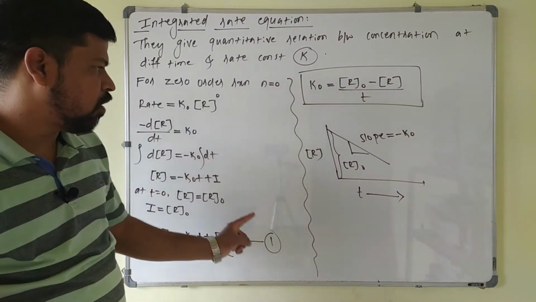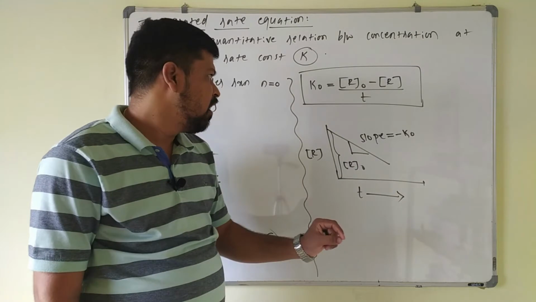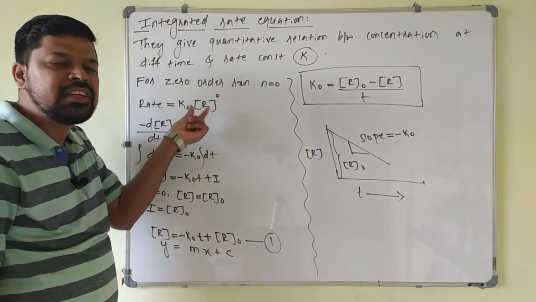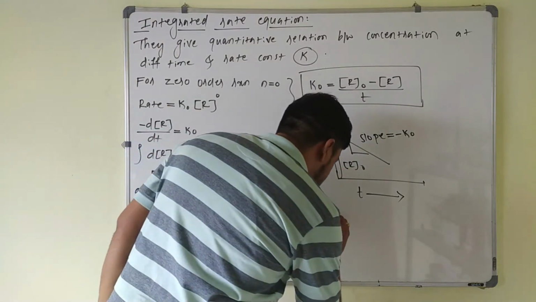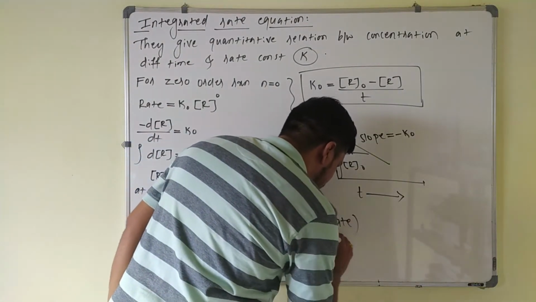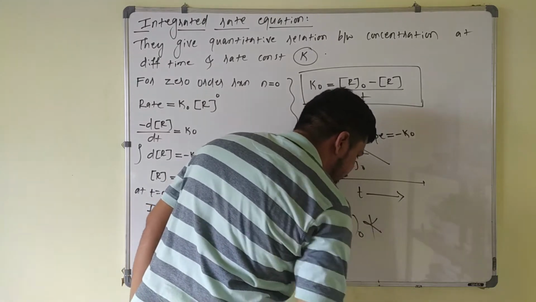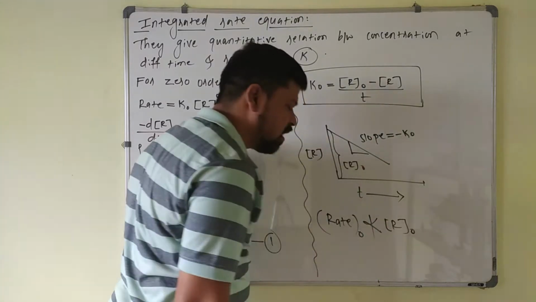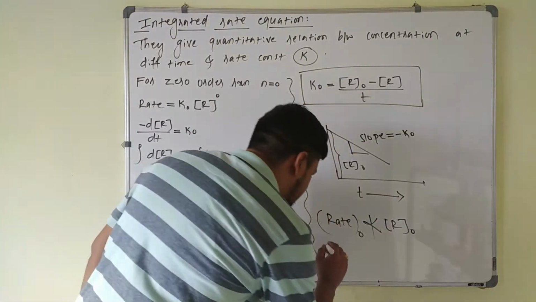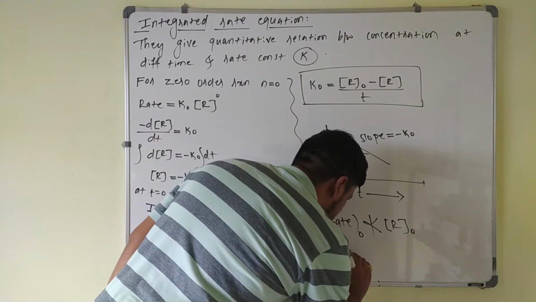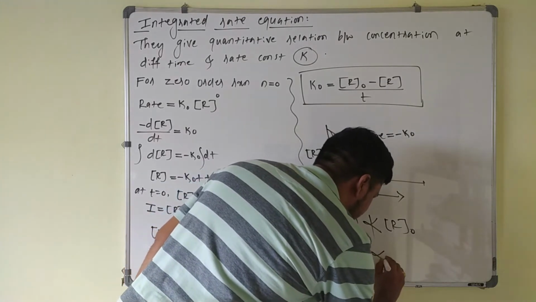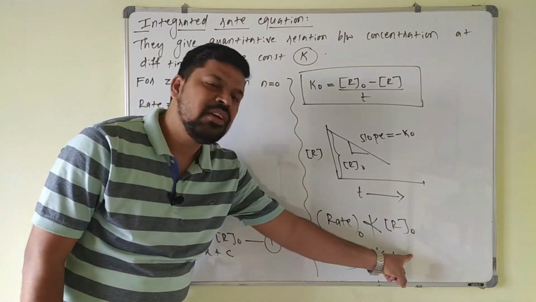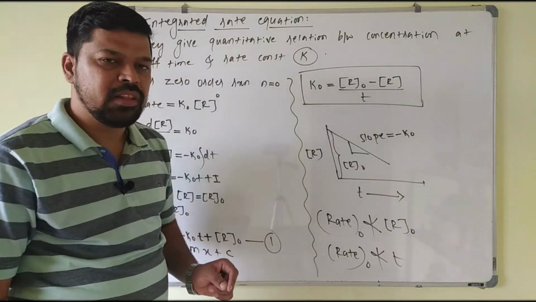So this is the integrated rate equation for zero order reaction. I have done this because of this graph here. From this equation we know that the rate of the zero order reaction is independent of the initial concentration of the reactant, that is R naught. Another thing you can say is that the rate of the zero order reaction is independent of time also. The rate of zero order reaction will not change with time. For that I will draw the graph now.